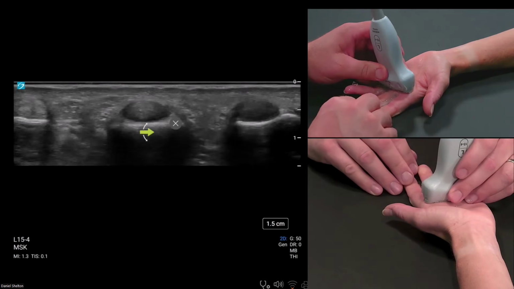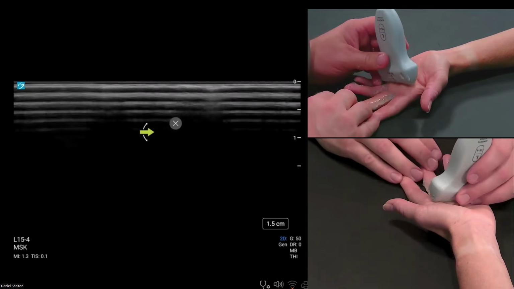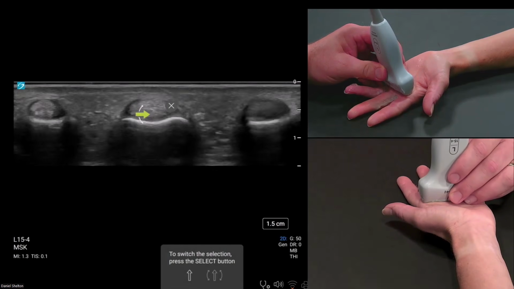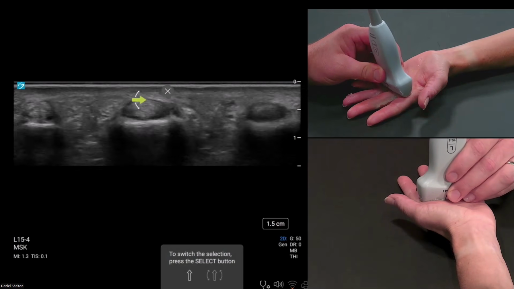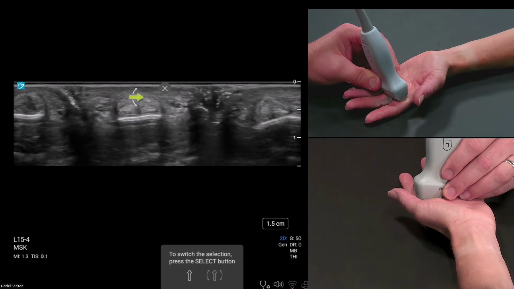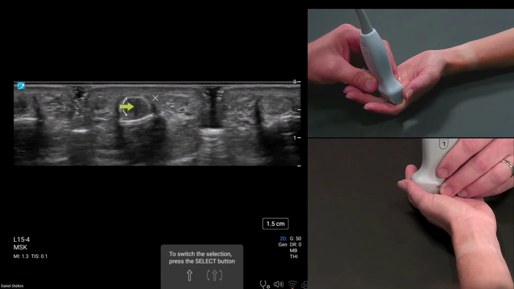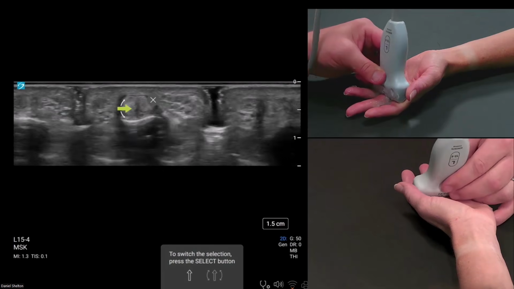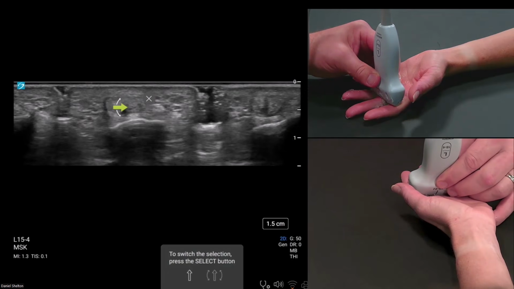I'll go cross-sectionally, and let's watch them kind of switch places like we did in the PowerPoint slide. So when I'm proximal, I've got two layers of the tendon, kind of a hemisphere, profundus, superficialis. Superficialis at this point will split vertically, and we start to see the two heads of superficialis go on each side of profundus. Profundus changes its echo texture here because it's changing direction. It also changes its echo unless I were to rock the transducer. So if I rock the transducer to match it, they start to look the same.